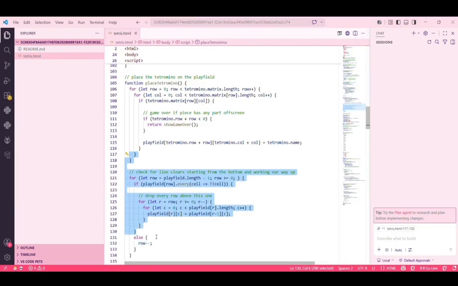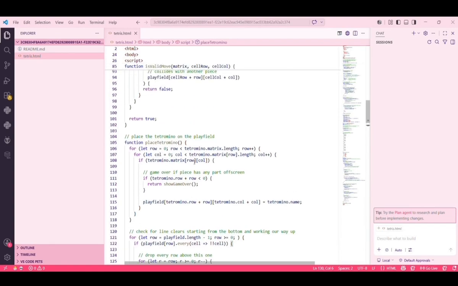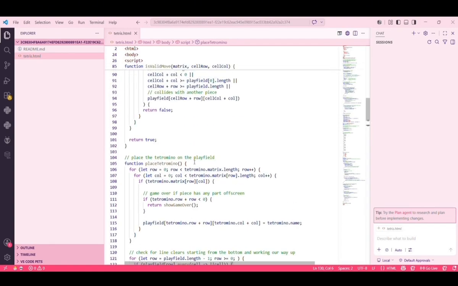This creates that satisfying cascading effect. And for collision detection and